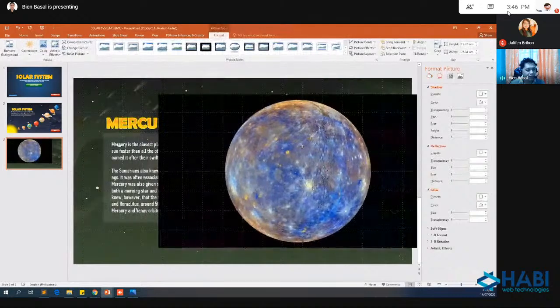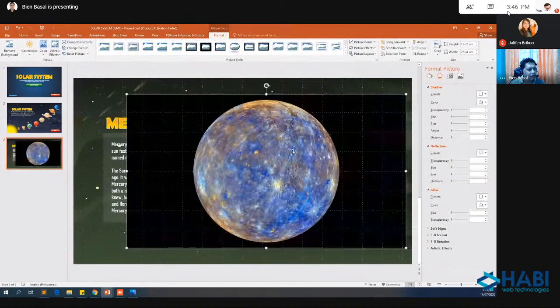So we now have the background here. And while the image is selected, in the Format tab we have the Remove Background option. I will select Remove Background while my image is selected.